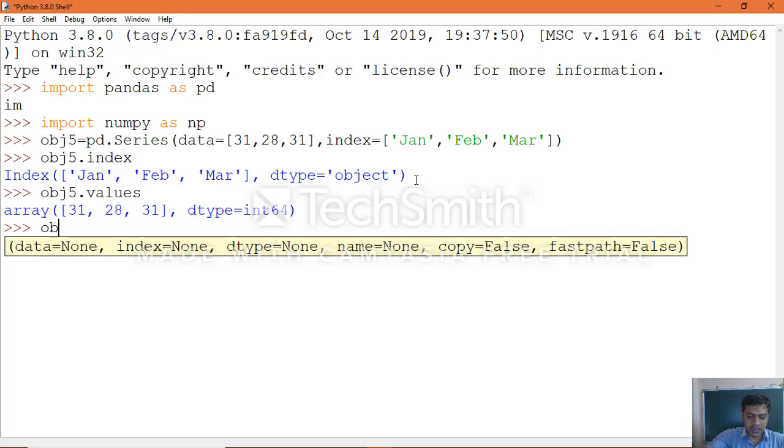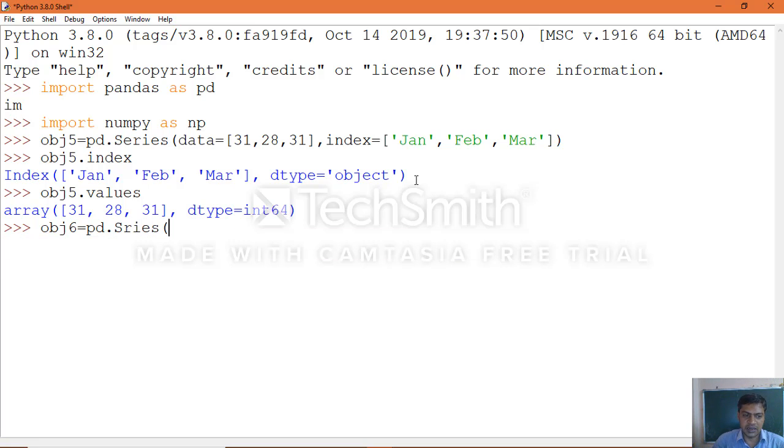In the same manner you can create another object. Now we are not importing the modules again because we are working in interactive mode. Once you import the module, you need not import it again and again, as I already told you.